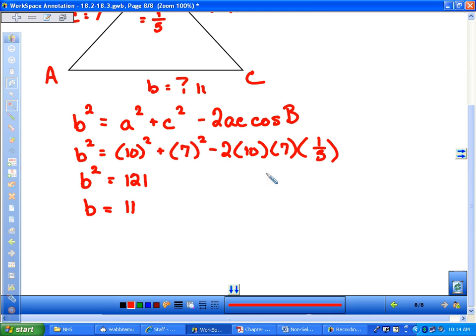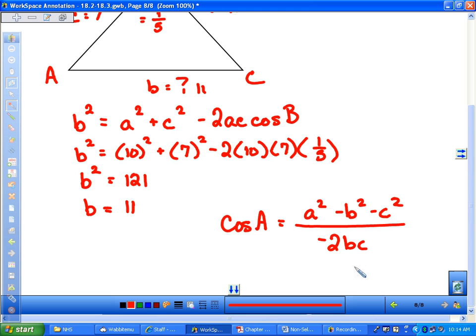Questions at all on the law of cosines? A very useful formula for us, folks. It's basically a Pythagorean theorem for any kind of a triangle. B squared equals A squared plus C squared minus 2AC cosine B. Or, again, tell me what cosine A would be equal to. A squared, if you're finding angle A, you've got to start with side A. A squared minus B squared minus C squared divided by negative 2BC. And that will find cosine A, and then you inverse cosine to find the measure of the angle. Okay. Again, folks,